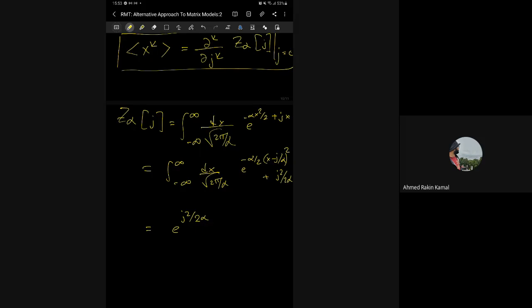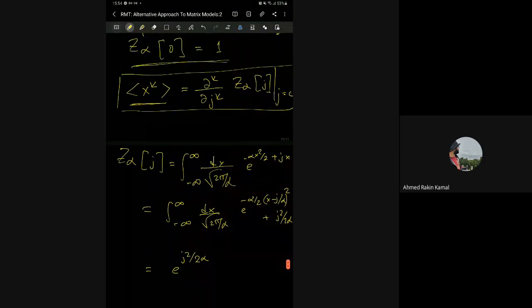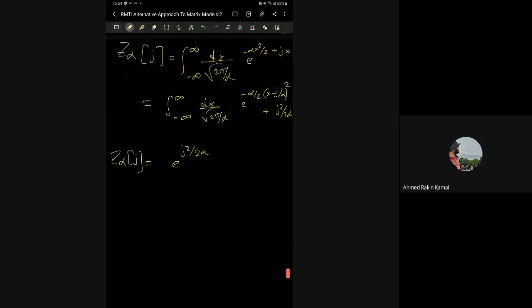Okay, so what I'm saying is I can get these functions, which we will call correlation functions, with different powers of x by just taking derivatives of this. That is, if we take derivatives, I can generate different x to the k's. For example,